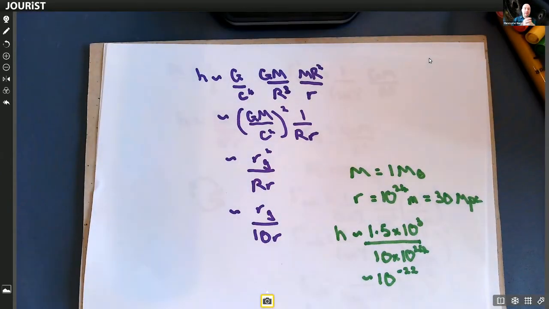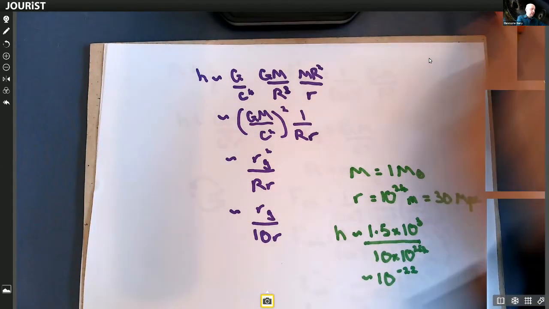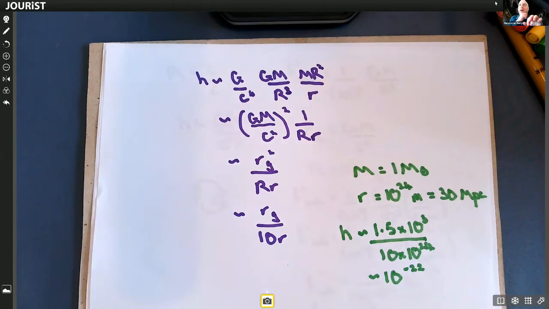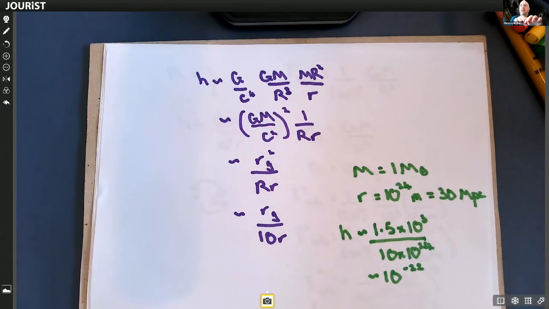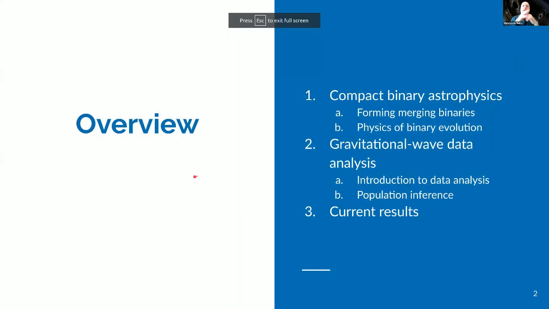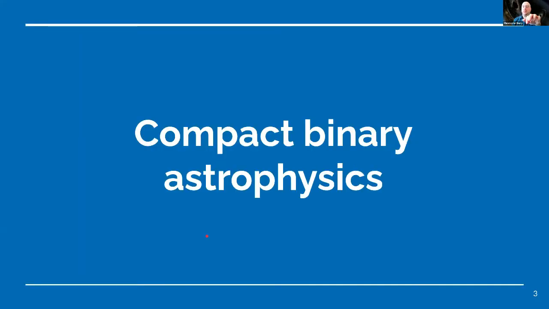So given that we can see them, we're then interested in what we can do with these measurements, and this is where we come into the astrophysics of them. Okay, now, as I said, there are some approximations in this, but there are many things that we can model. So let's take a quick break from this for now and come back to think of the question. So, okay, we know that these are a good source to look for. What can we actually see and what can we learn from them? So let's go on and talk a little bit about how we form these binaries